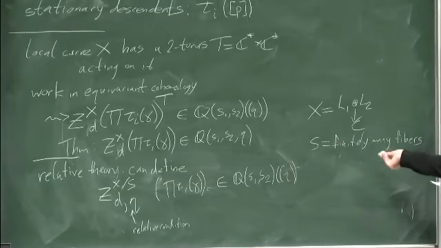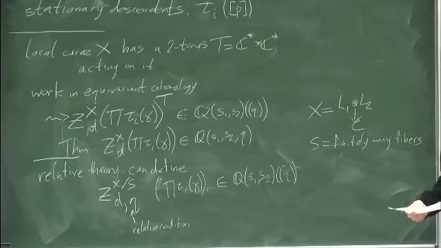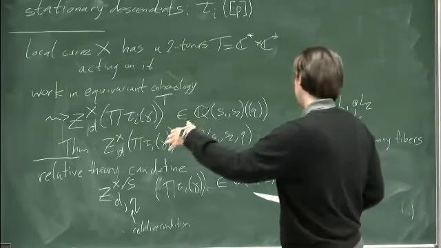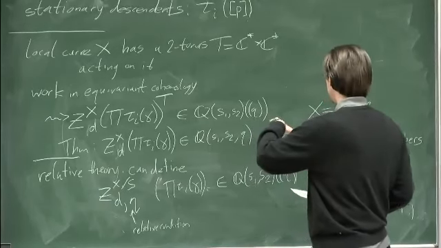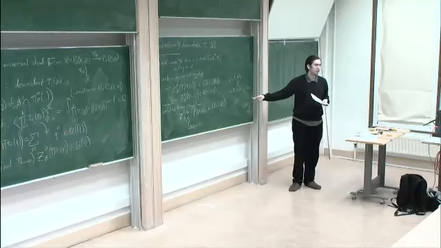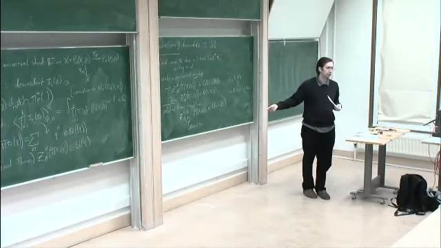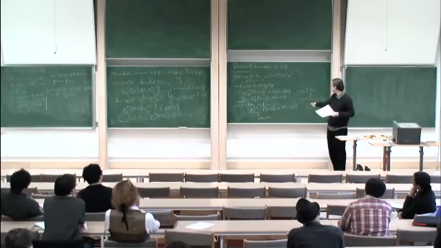So in the case where S is finitely many fibers, the relative conditions stipulating how this curve is supposed to meet S is the same thing as choosing some class in the cohomology of the Hilbert scheme of d points on the plane